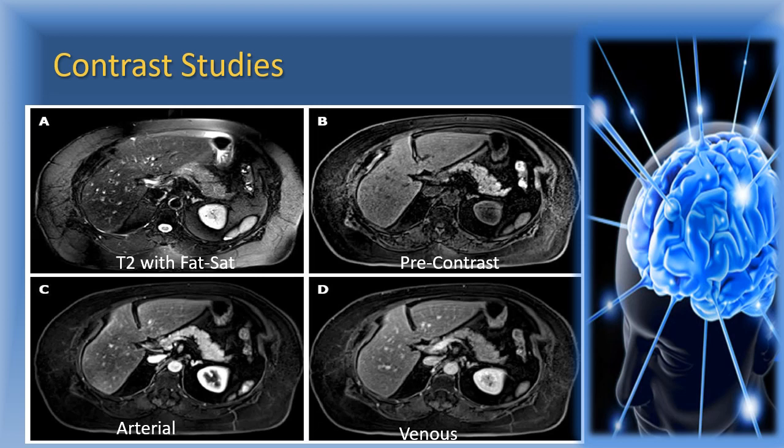Another example of an abdominal study. Here we can see the image labeled A. This is a T2 with fat sat, and we know why it is a T2 with fat sat. The remaining three images, B, C and D: B is pre-contrast with characteristic fat suppression, so it could be T1 with fat sat or gradient sequence, but as we said before, we prefer the 3D gradient sequence technique in the abdomen. So this is a 3D gradient sequence in the pre-contrast, while C represents the arterial phase,